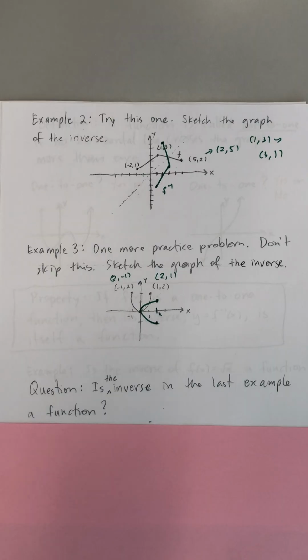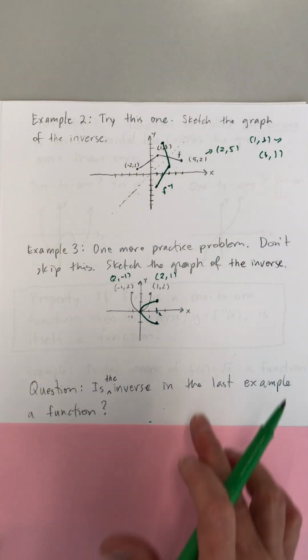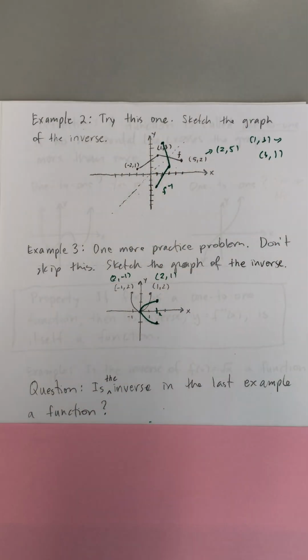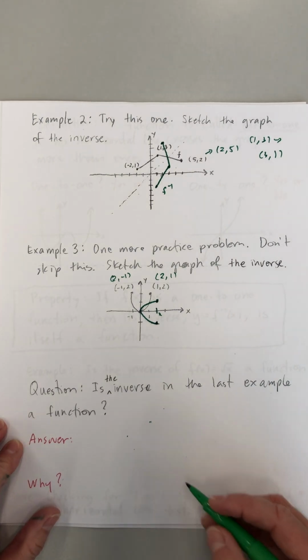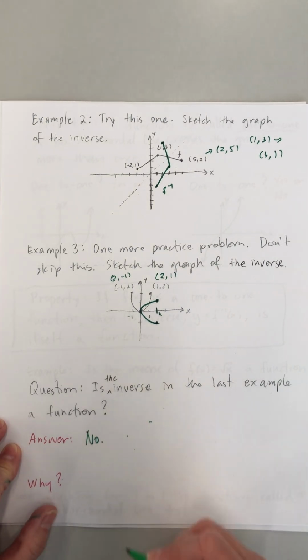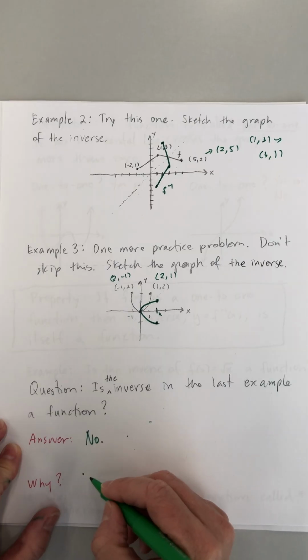For each input of a function, we're not allowed to have 2 different outputs. So in these last 3 scenarios, the graph of our inverse is actually not going to be a function itself. Okay, so the answer is no, the graph of the last example is not a function itself. And the answer is because there are inputs